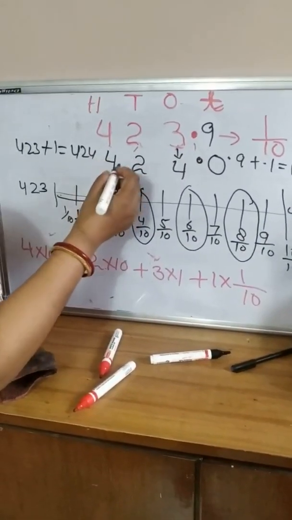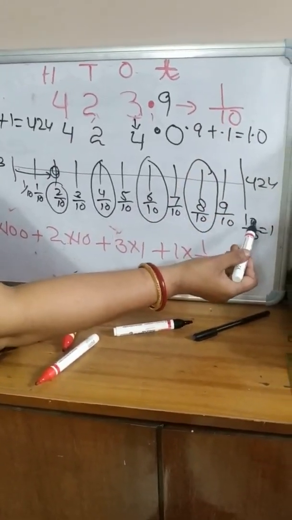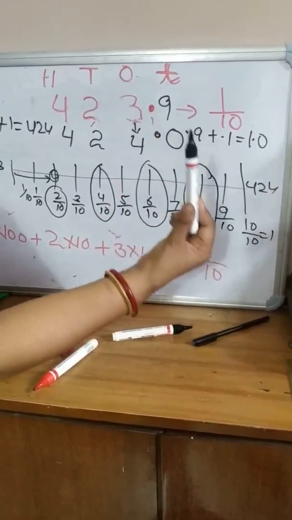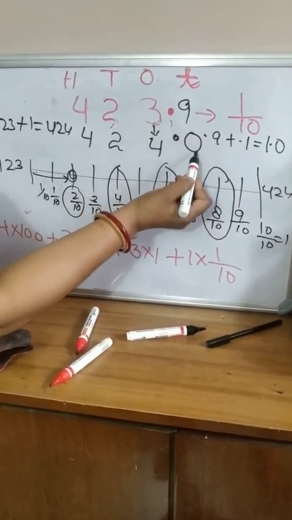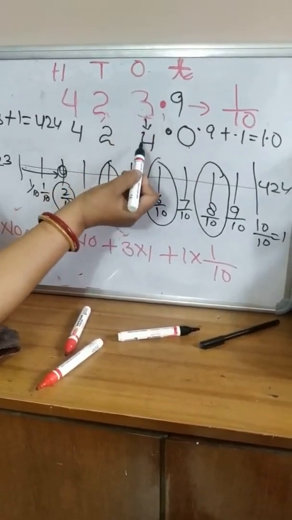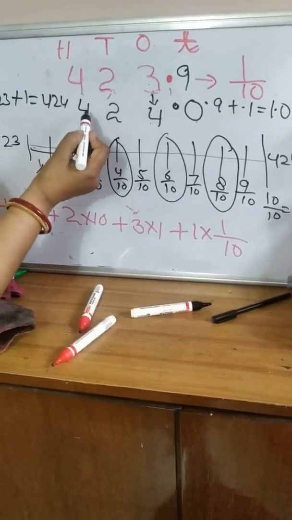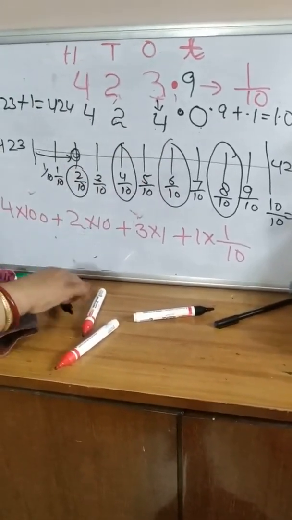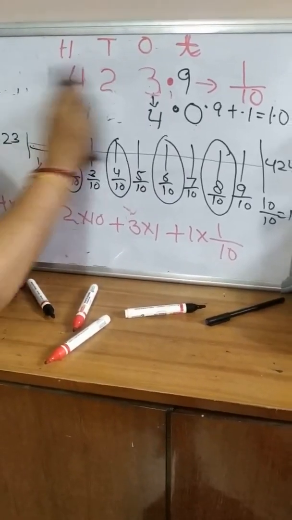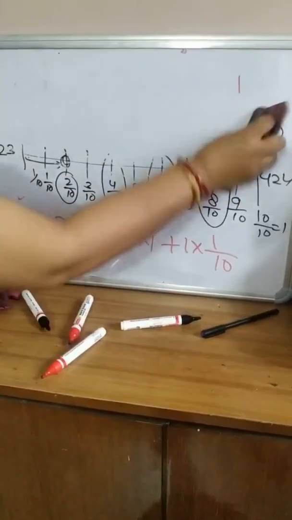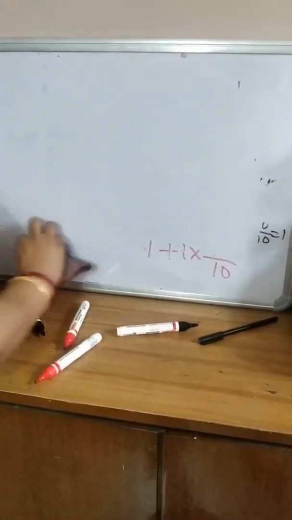Now it means when I am moving further towards the right, it becomes 10 by 10, that is equal to 1. Then at the tenths place it will become 0, 9 will be converted into 0 and 3 will become 4. So here the place value of the digit will be changed. It becomes 424. Okay, so in this way we can represent this decimal part and decimal point on a number line.